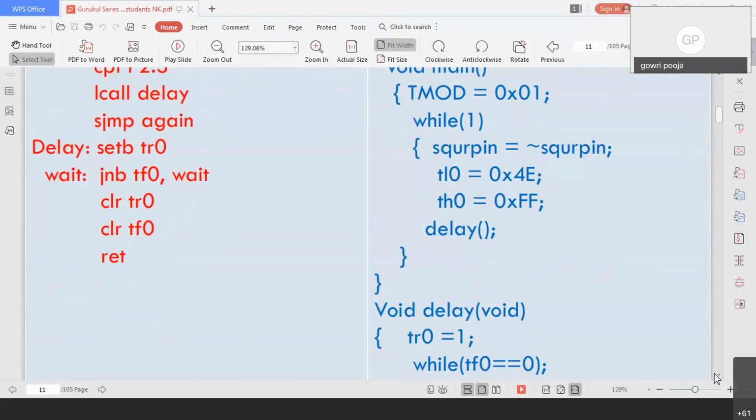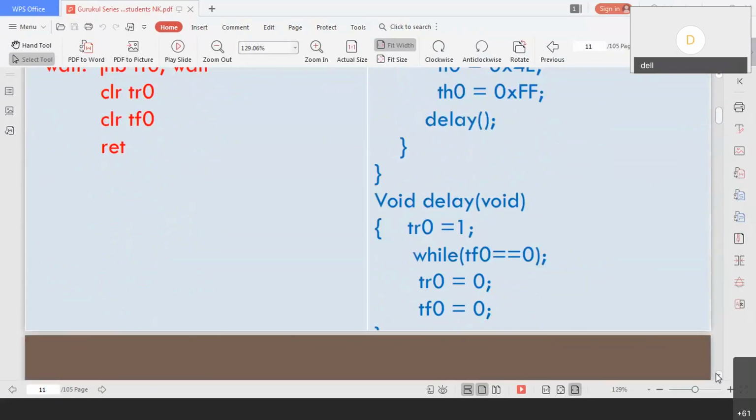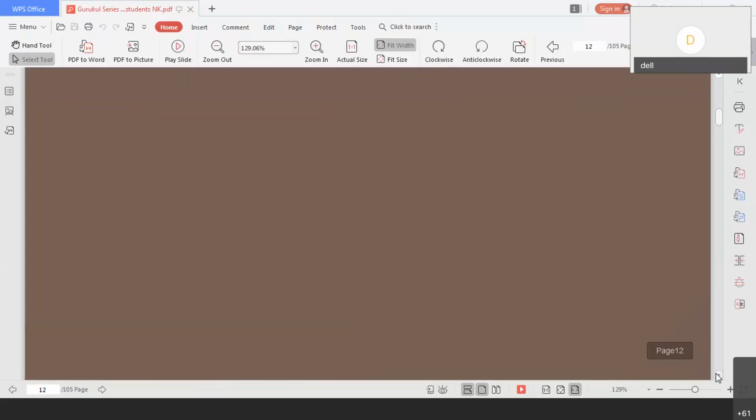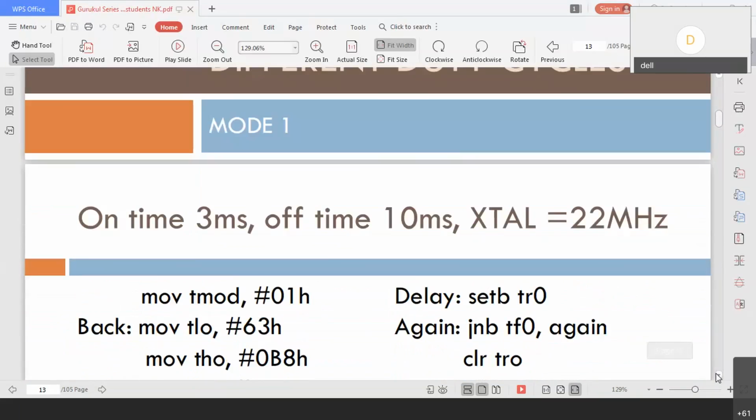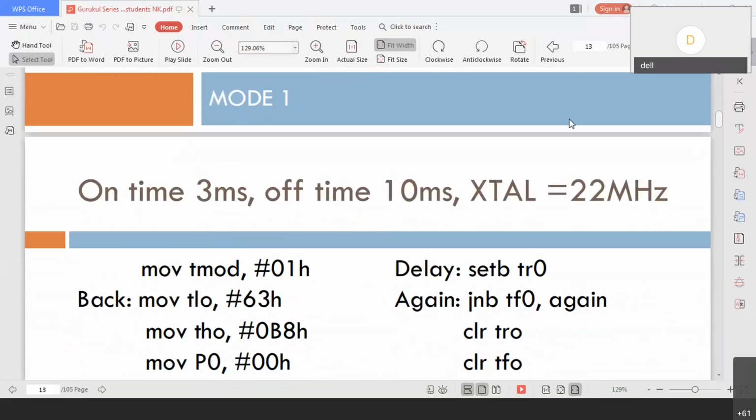Okay, what we were discussing was the C program and this assembly level program. Now if it is a different duty cycle, how do we go ahead with that? Let us try to understand it. Now we have taken, let us say, on time of 3 milliseconds and off time of 10 milliseconds.